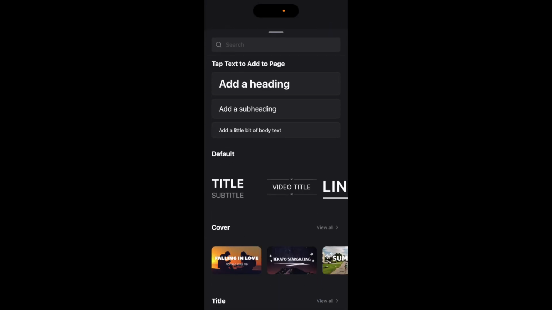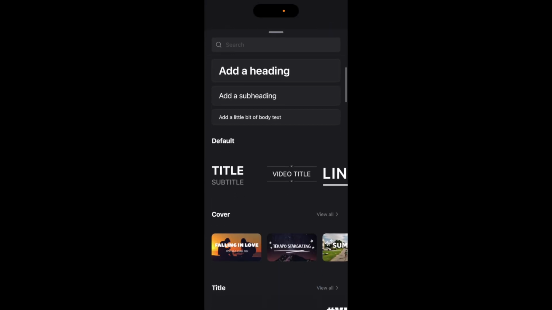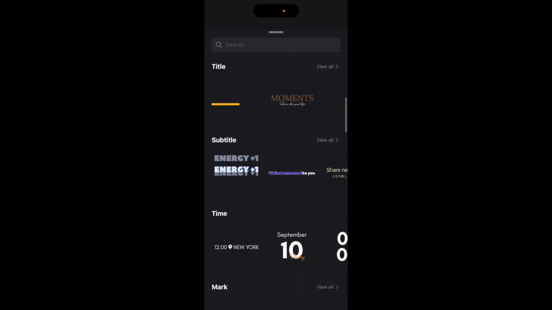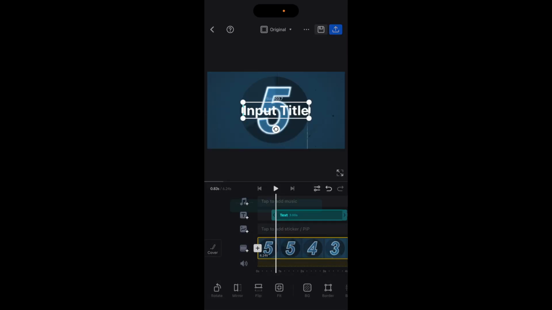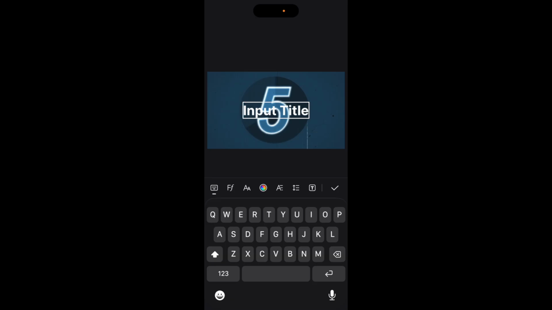Then once you're here, you can go ahead and type in a bunch of different stuff. So you can add text like this. You can add a title, subtitle, time, whatever you got to do. But for this example, I'm just going to go ahead and press add a heading right here. And I'm going to go ahead and type in what I got to type in. So if I were to go ahead here and just press the keyboard, I can just type in the word